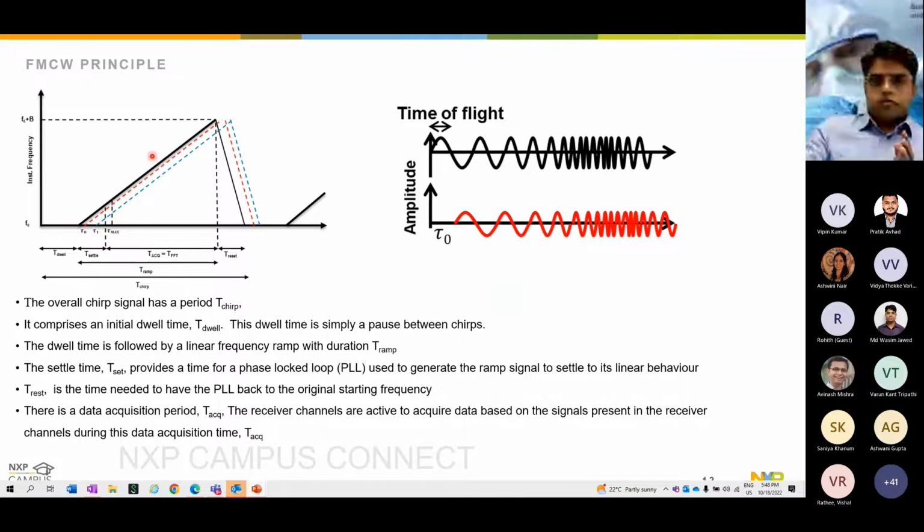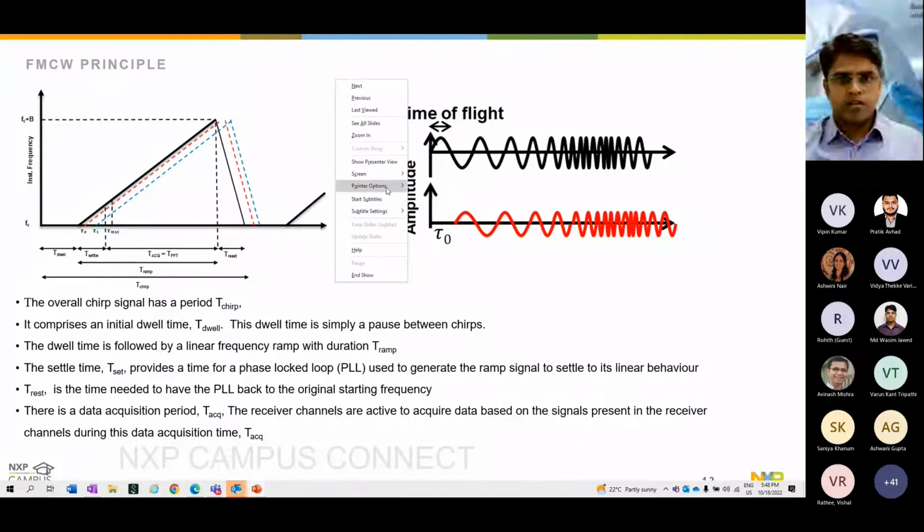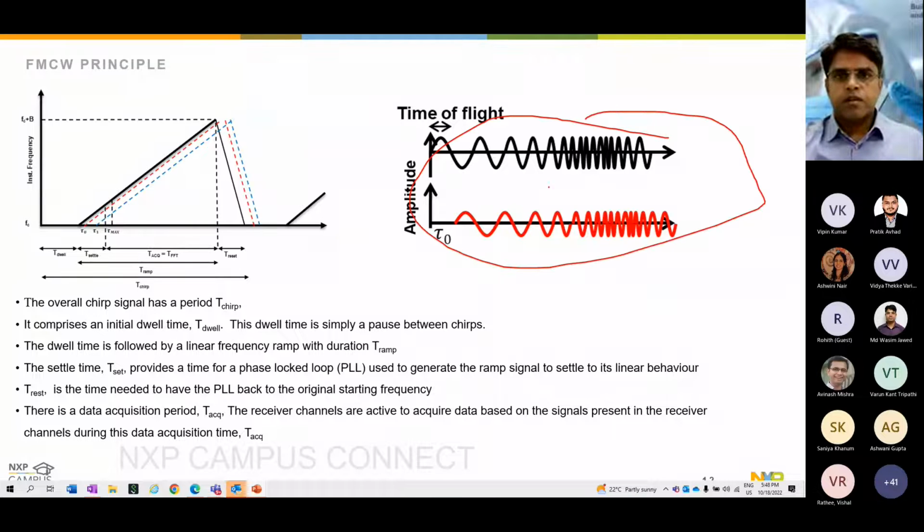So and then how it really does the detection. As shown here, the basic principle is almost, you can say, a time of flight kind of thing. So let's say you send one frequency here. At this time, x-axis is time, y-axis is frequency. You transmitted one frequency here, and you can imagine there is an object, a car in front of your